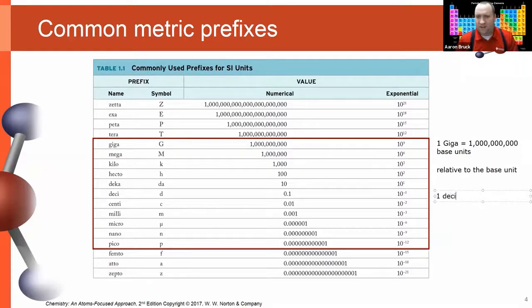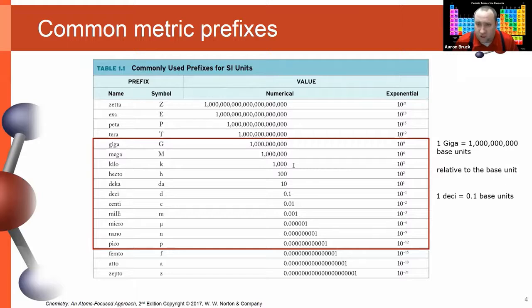And 1 deci is equal to 0.1 base units. Important to know, because probably one of the most common mistakes made by students in doing unit conversions is improperly adjusting for metric conversion. So doing things like multiplying by 1,000,000 when you should divide by 1,000,000. Those kinds of things. So understand that these exponentials, these numerical values, apply to the base unit when you're doing